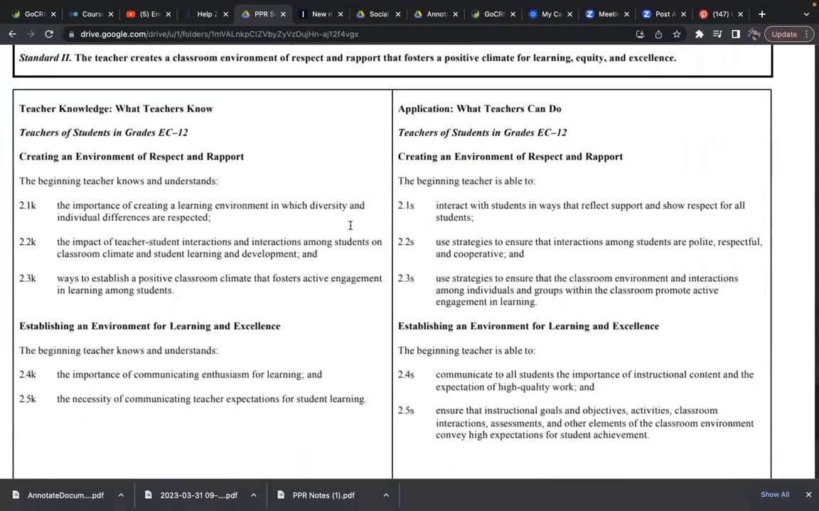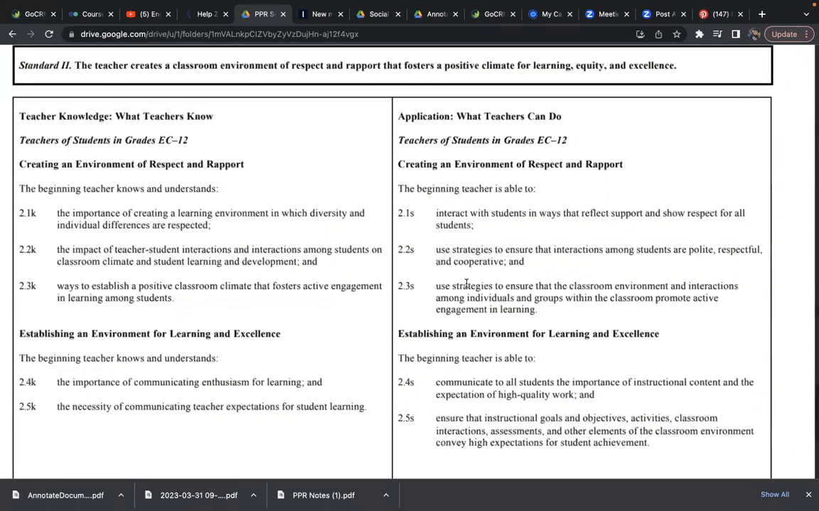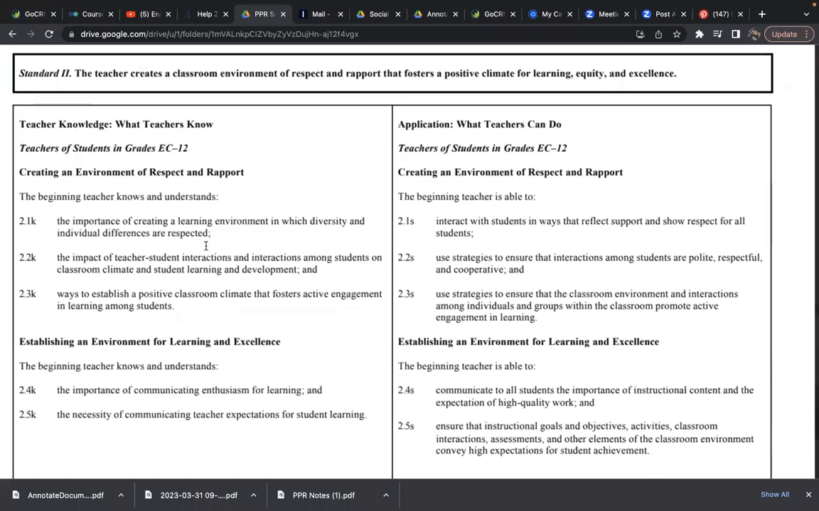As I mentioned before, they're going to be very tight-lipped. These standards are broad. They don't go into the specifics, like the importance of communicating enthusiasm for learning. That's just one little statement, but it's really important. There's a lot of conversation and things we do in order to convey that to the students that are not explicitly stated here. But the biggest takeaway from standard 2 is creating that environment of respect and rapport,